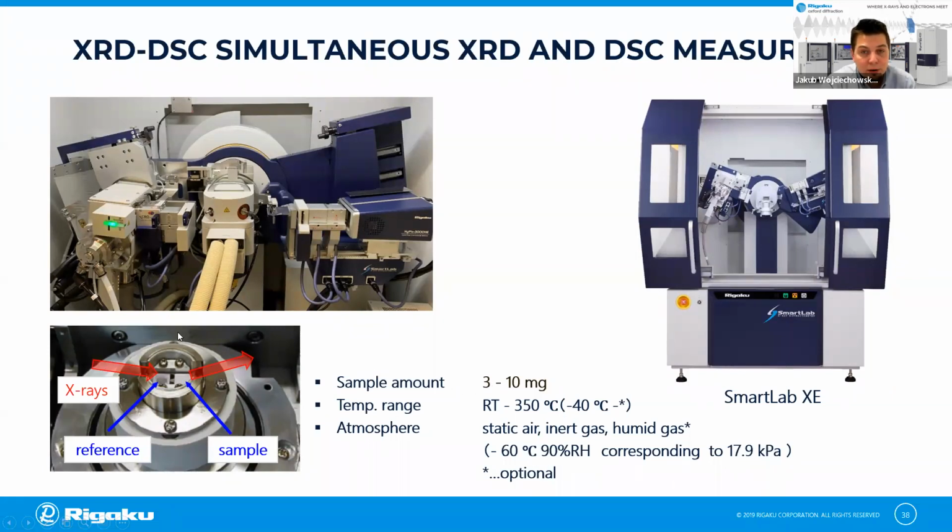You can use our RIGAKU made XRD-DSC attachment with radiation that you choose, and the goniometer that you can see in this picture also has the possibility to mount the Johansson attachment monochromator. It's a user mounted option: if you run into a problem with indexing, because you have to index the pattern before you even start to solve, you can just monochromatize the beam and get extremely good pattern quality to deal with challenging samples